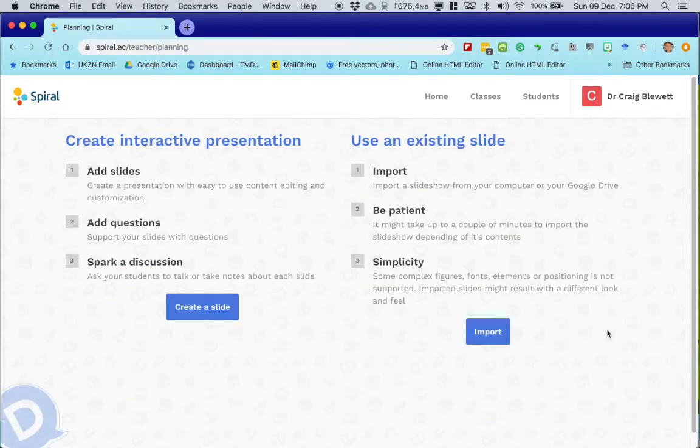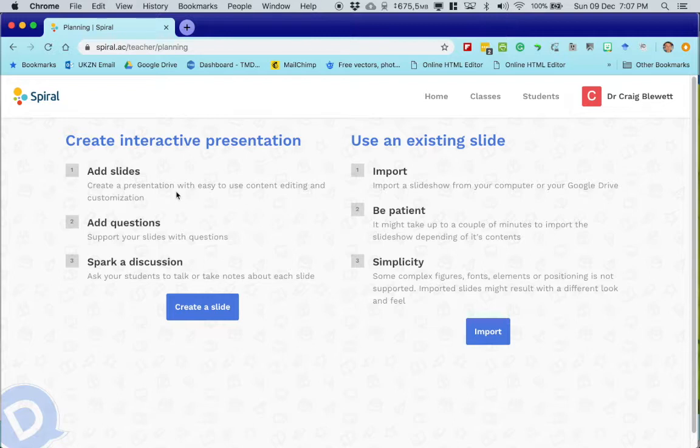So Discuss works around content. It's about having conversation around the content. There are two major forms of conversation being used as a pedagogy. The one is where the content is controlled, where the content is closed and centric. Essentially, this is content-centric conversation. Then you have another form where it's all around the conversation. So the content's very open, and those are your discussion forums and your chat rooms. In this particular example, we are looking at having a conversation around content, and that's something that happens all the time in the classroom.